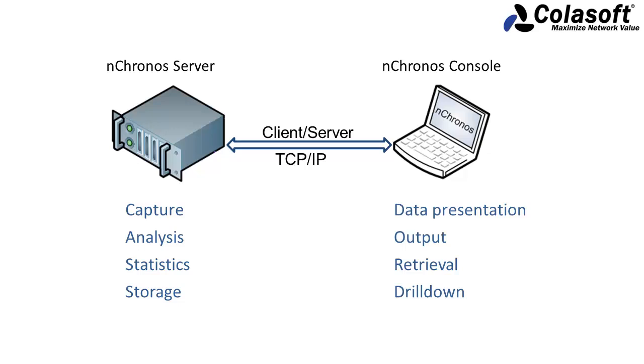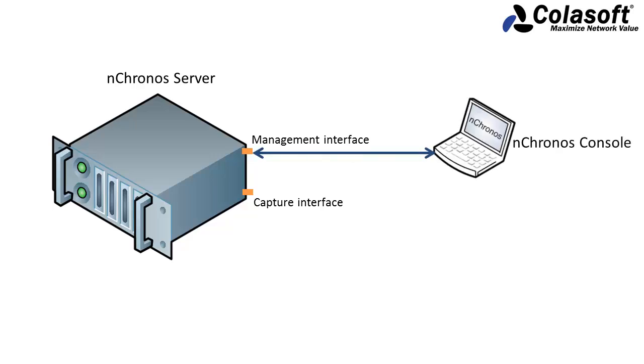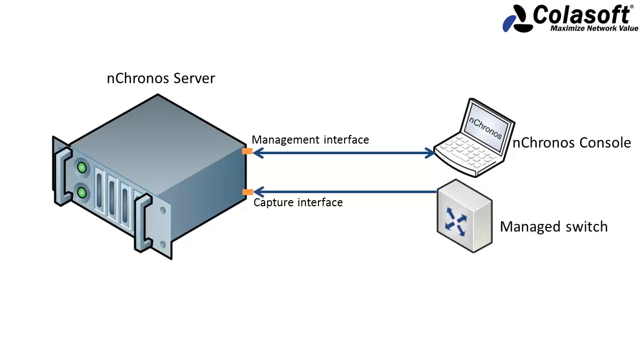Using this architecture, the nchronos server requires at least two network ports. One is the capture interface, and the other is the management interface. The management interface allows the nchronos server to communicate with nchronos console for configuring the server. The capture interface is connected to a mirrored port on the switch, which is mirrored with the network traffic you want to monitor. Enabling port mirroring on your switch or installing a network tap is required to allow nchronos to